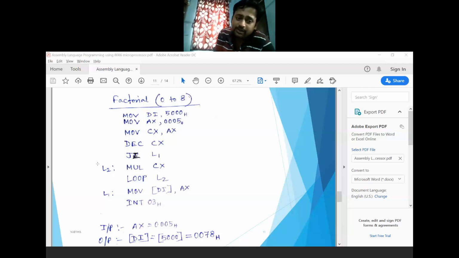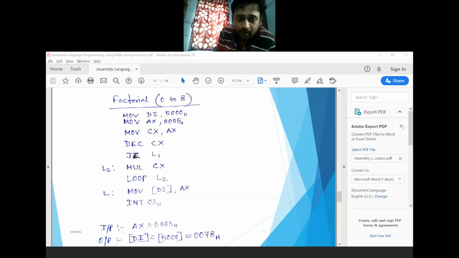If it is 0, then just go to this memory location and execute this instruction so that you can stop your execution. No need for further execution of the remaining instructions. But if it is not 0, then you have to operate something else, which is the multiplication in this case.